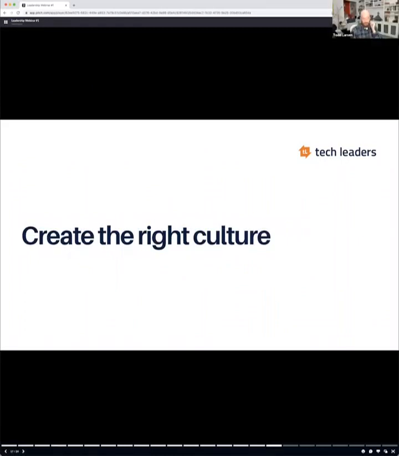If you're creating the right team culture, it's one of the easiest ways, for people who want to be more of a leader than a manager, for example. If you make sure you're creating the right culture and getting buy-in to that culture from your team, your management responsibilities will drop in half, because the team will self-manage and they will make sure everybody else in the team is joining in with the standards that they've agreed upon is the right way of working.